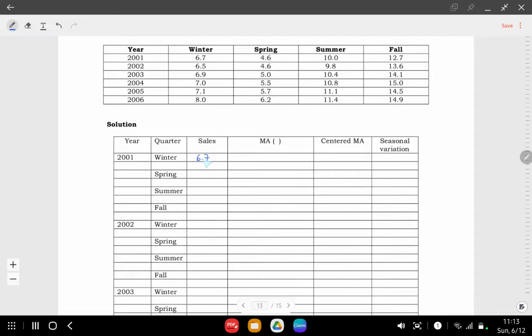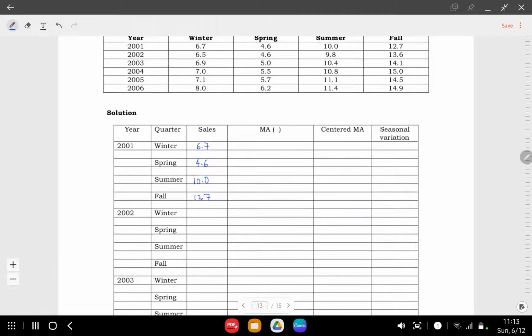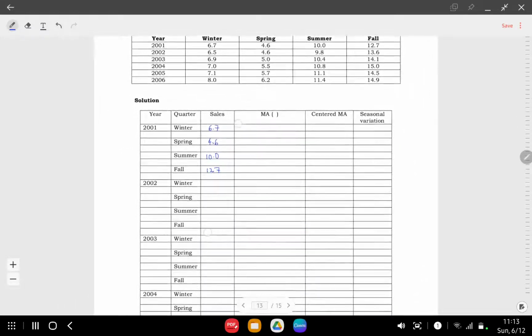We just need to transfer all the data into this table. So spring is 4.6, summer 10.10, 12.7, and then for 2002, winter, spring, summer, fall,